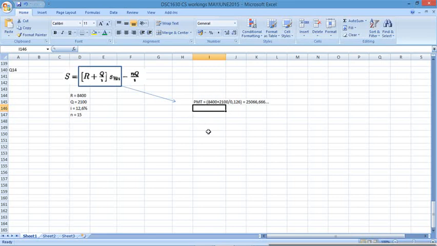The payment. Then I just put in my N and my I. And I solve for my future value. If I solve for my future value, I'm going to get an answer of